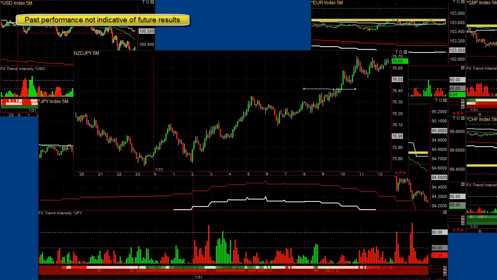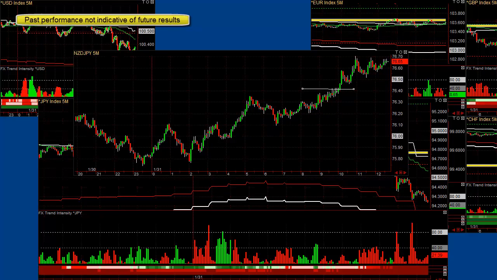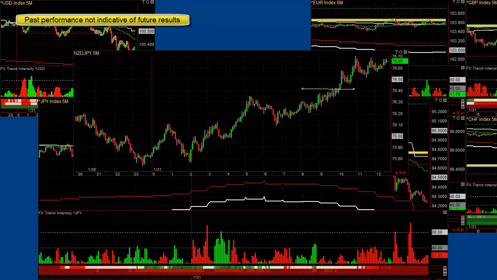If one currency index is going down, the other one's going up, you hang on to your trade. If one of them runs into major support resistance, and so does the other one, you might want to exit half your trade and see if the price is able to break through it. If it does, hang on. You're going to have a big continuation on the trade. If not, you have a small 5 to 15